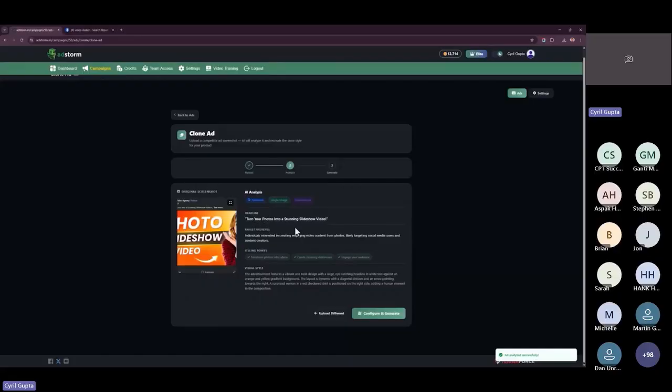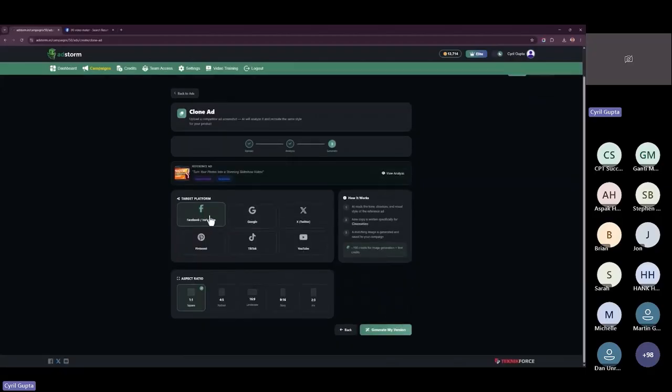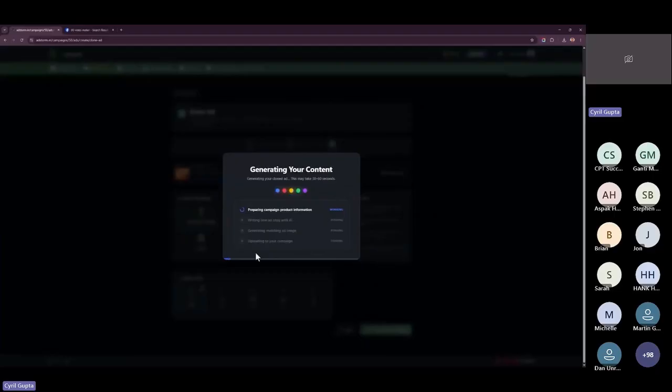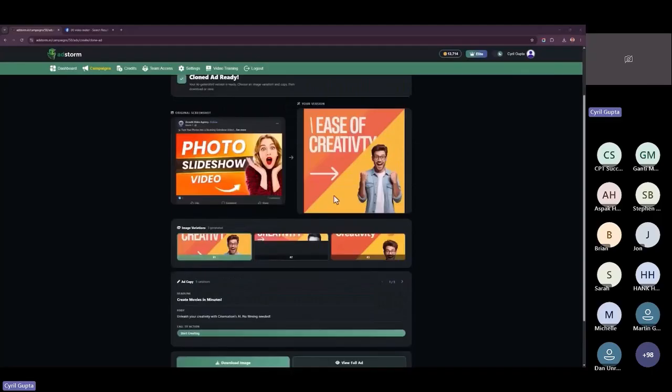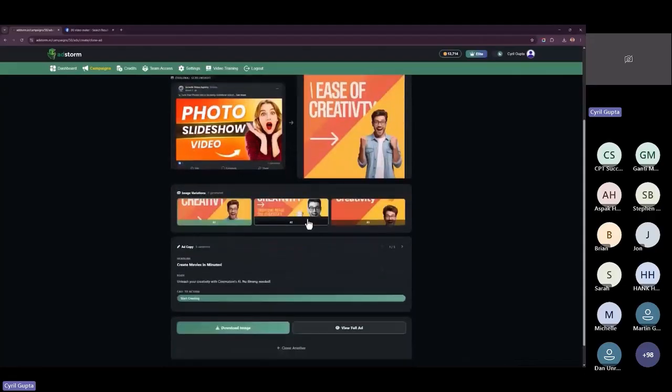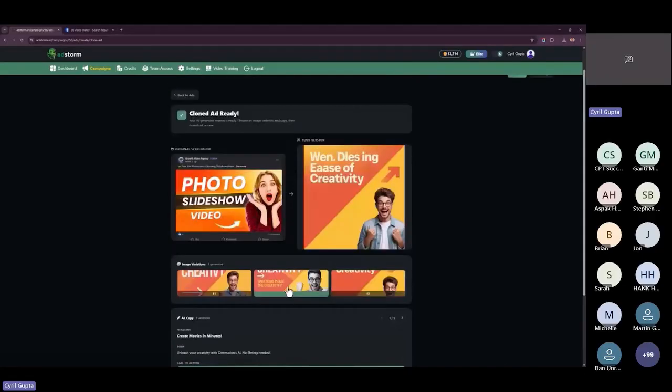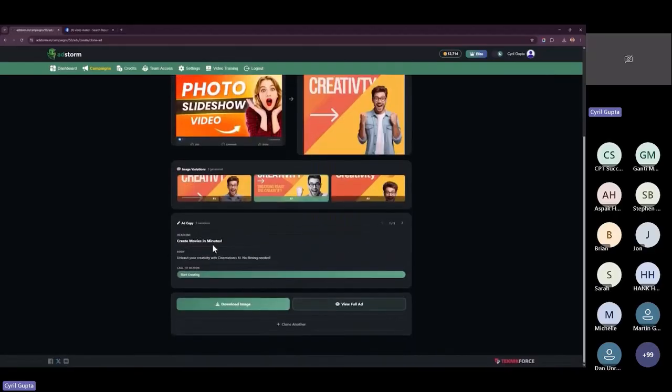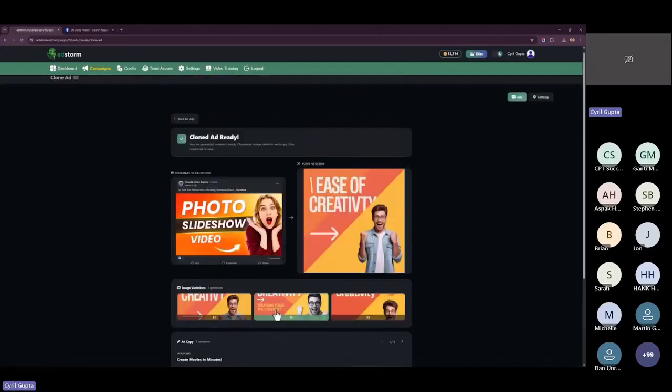So you've got the headline, turn your photo into stunning slideshow video, target audience and visual style. So configure and generate, and then you can choose what platform you want to target, like Facebook is just fine, and you can choose the aspect ratio. So we can maybe make a square ad out of this. So generate my version and let's see what Adstorm gives us. So check this out, similar ethos, ease of creativity, and you've got the ad variations too, multiple ad variations that you can select if you want to. So you've got similar ethos. It's not a copy, but it's got the similar eye-catching color, similar layout, and you can use it without any problems. And remember, it's custom made for you. So you've got the headline, you've got the body, all the things that you need to place that ad.